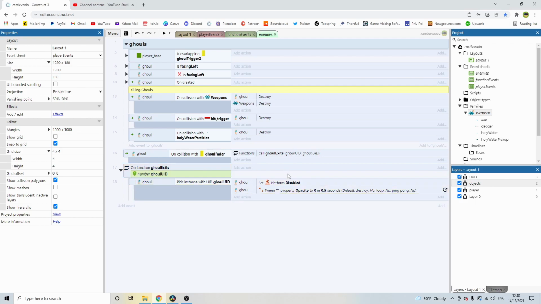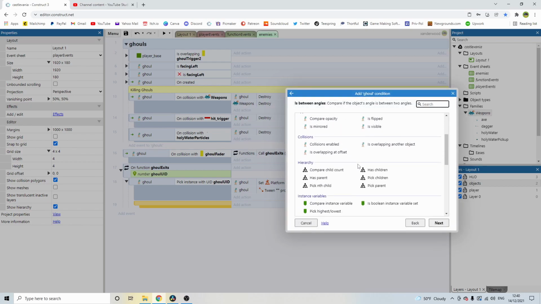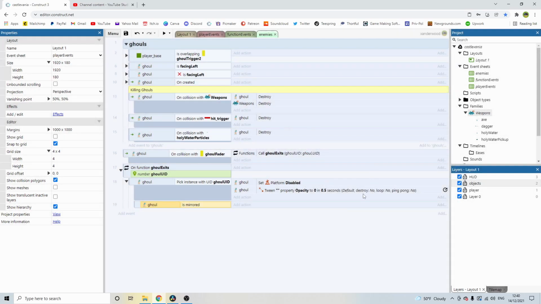I don't think we needed the two. So all we've got now is that function which then uses the unique ID of the ghoul in question, and then it just disables the platform behavior and adds in the tween. Now we need to check to see if the ghoul is mirrored or not mirrored, so we can tween him the correct way. So add a sub event, and we're going to say ghoul, is mirrored, and we're going to add a second sub event,